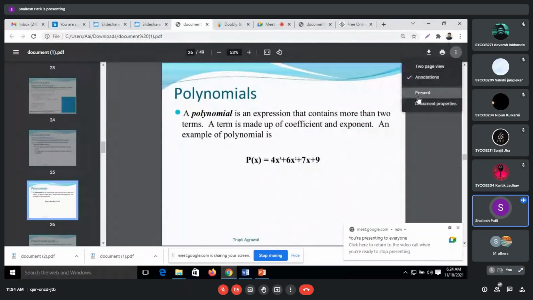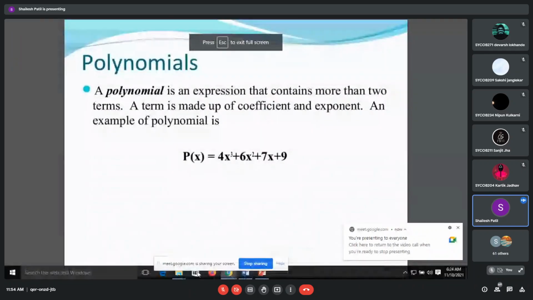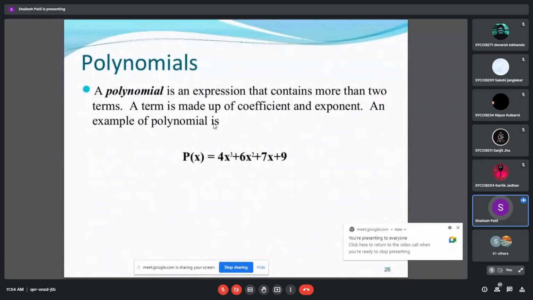Okay, so we'll just see this particular part, that is polynomial operations.